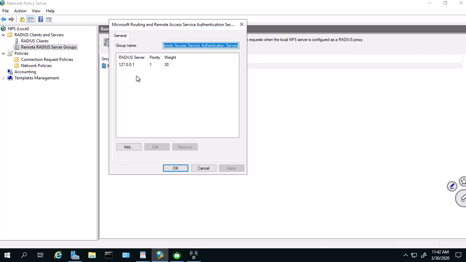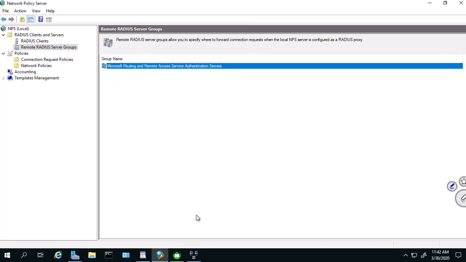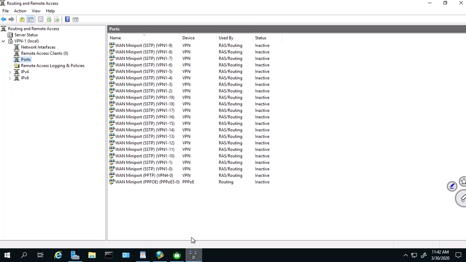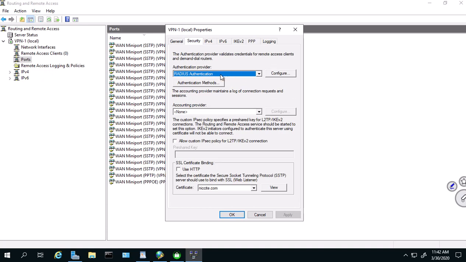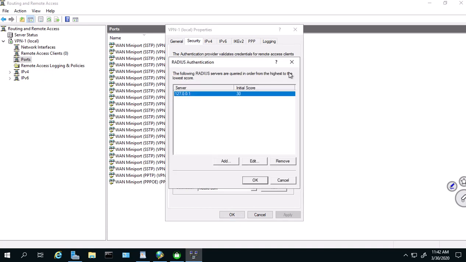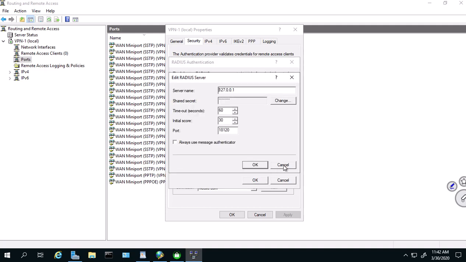These are the little pieces that if you understand these things, then you can say, well, I'd rather do it this way, or I'd like to change this, or I want it different. Okay, let me say that one more time, then I'll wrap up this video and we'll do a second half of looking at the other parts on this server. Let me walk through this again. We come down here to the RRAS box. We deployed it. We then said we don't want to use Windows authentication. We want to use radius authentication. When we do that, we had to define who the radius server was. When we filled this information in, it then went